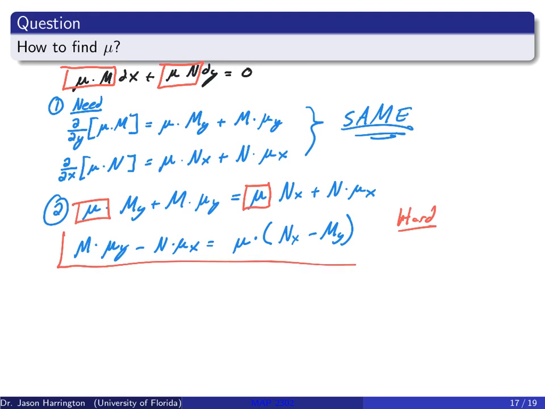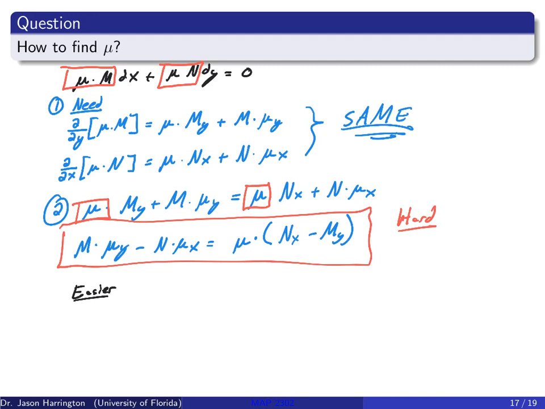What I'm going to do is suppose we have 2 cases to consider. And you may ask where this comes from. Now remember, we can construct this mu function however we want. We just need to find one mu that works. So we can make choices about this mu, right? We just want to pick one.